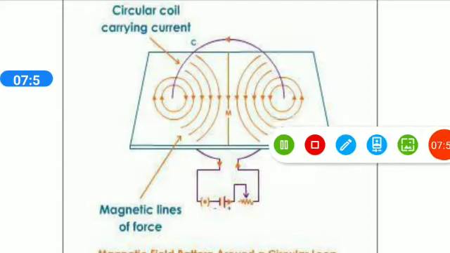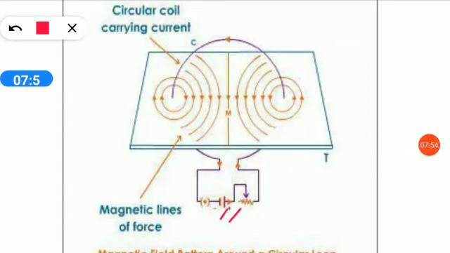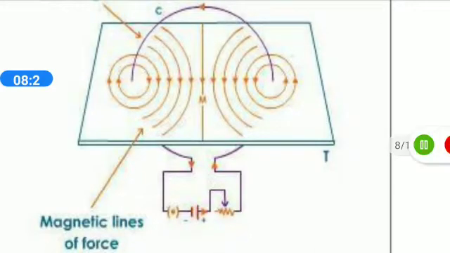Here is your battery. Your loop is connected here with the rheostat, for varying current, and a key. Sprinkle some iron filings on the cardboard. You may use salt sprinkle. When the electric current is passed through the loop by closing the key and the cardboard is gently tapped, the filings will arrange themselves in the form of concentric circles, as you can see here in the picture.